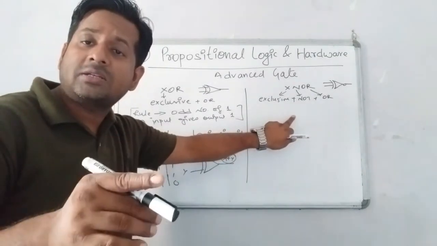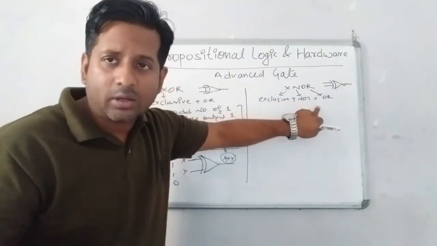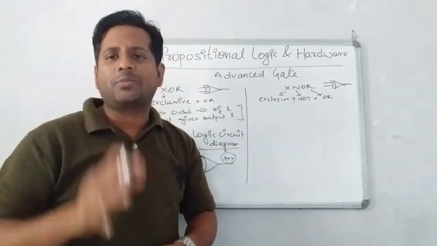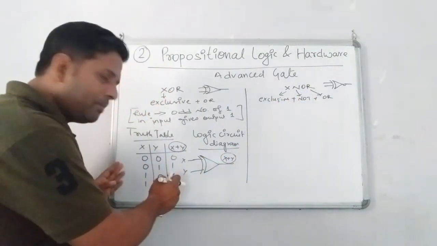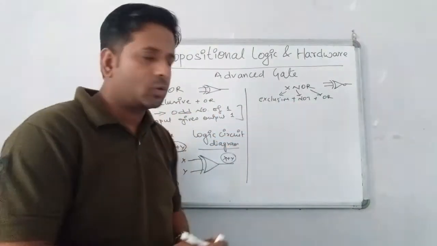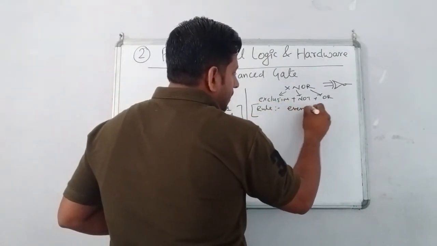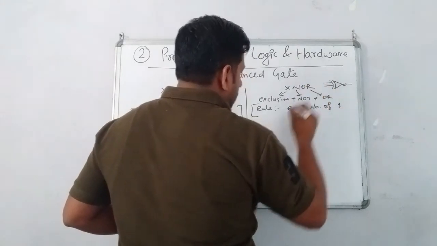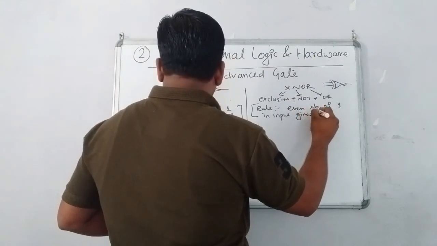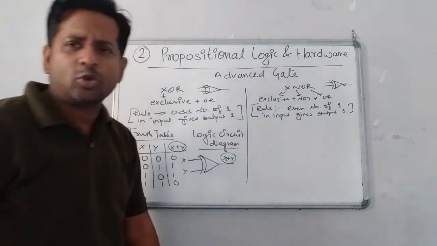Okay, children. So now in the same way, if we move this side, exclusive NOT gate is XNOR. X for exclusive, N for not, OR is OR gate. Let us see. Rule is very simple. X or N has been added. Not. That means same part. Here odd number of 1 input is 1. Here just opposite. Rule is what? Even number of 1 in input gives output 1. Just opposite. The rule is just opposite.